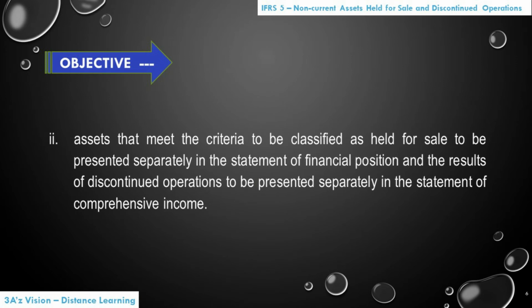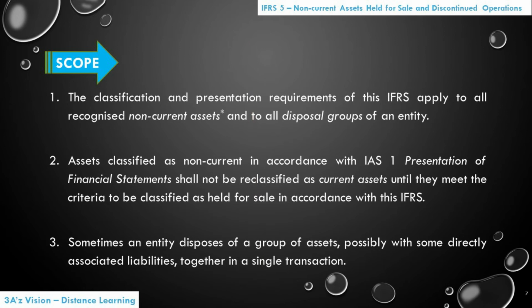Assets that meet the criteria to be classified as held for sale to be presented separately in the statement of financial position, and the results of discontinued operations to be presented separately in the statement of comprehensive income. The scope of this IFRS covers: Number 1. The classification and presentation requirements of this IFRS apply to all recognized non-current assets and to all disposal groups of